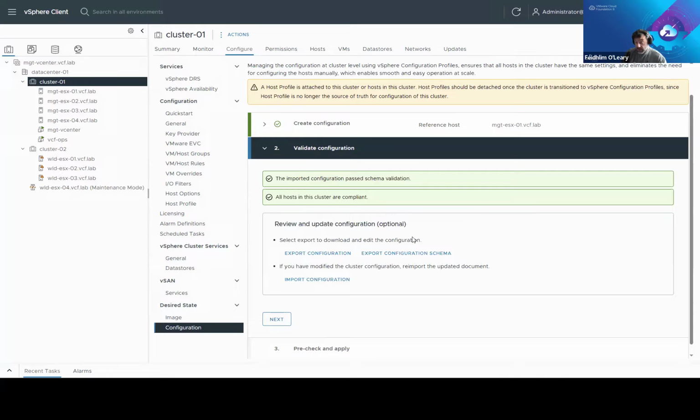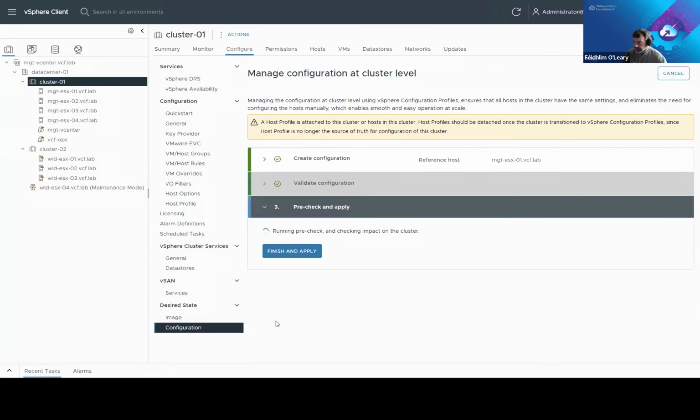So if we want to preview the configuration in JSON, we can hit export. If we want to look at the configuration schema, we can do that also. And we'll look at those respectively in a moment. If we do export the configuration and we see, oh, actually there's some configuration here that I do want to change, we can change it in the JSON file that we export and then re-import the file once we've made our edits. We're not going to do that in this particular demo. We're just going to hit next and